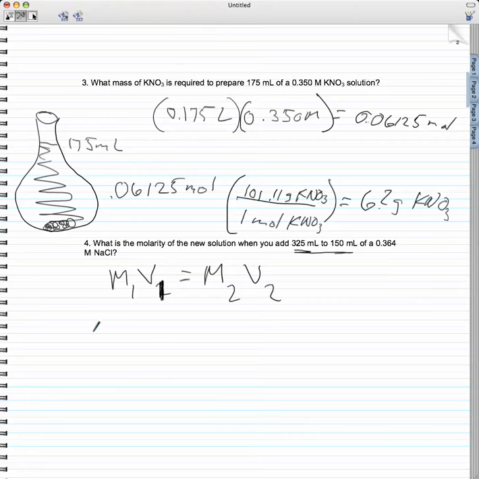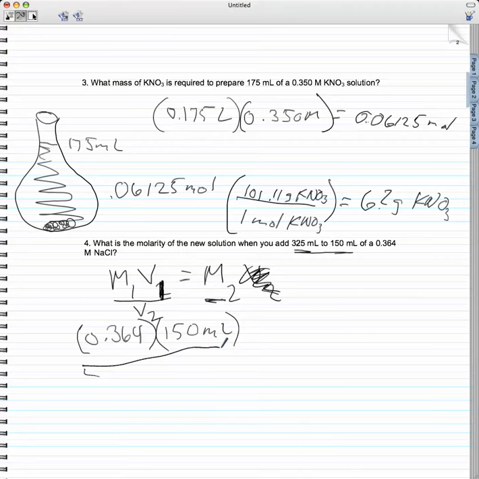Okay, and so with that, we know our molarity in our first case, 0.364, times our volume, and this is only for the first solution. So at first we had only 150 milliliters. And you're going to see another thing that works with this is we're not going to have to convert this because we're going to divide milliliters by milliliters. It's the ratio that matters, so we don't have to convert them both. And so we're trying to find the new molarity. So we can rearrange this equation so that M1 V1 over V2 will tell us our new molarity. Well, then our V2, our volume then, 325 divided by 150,